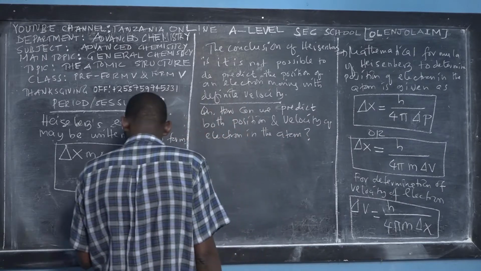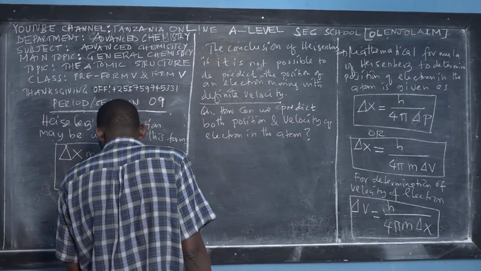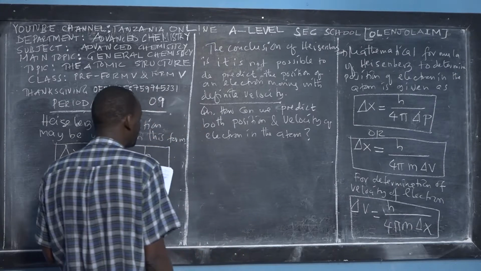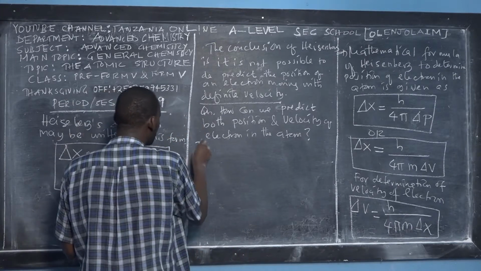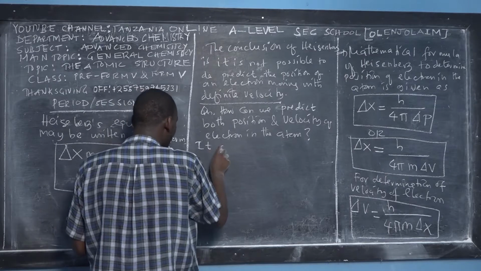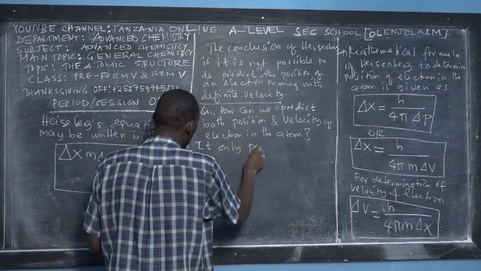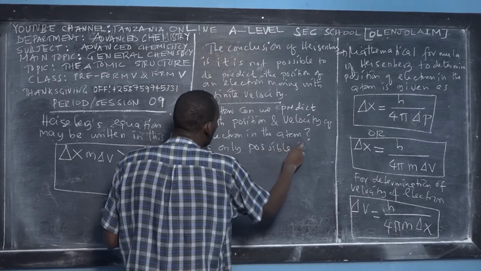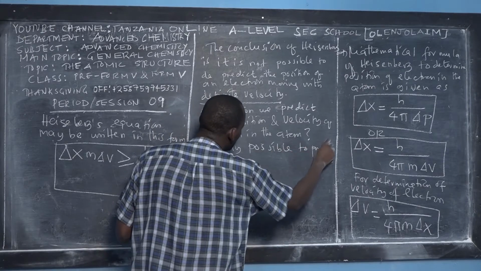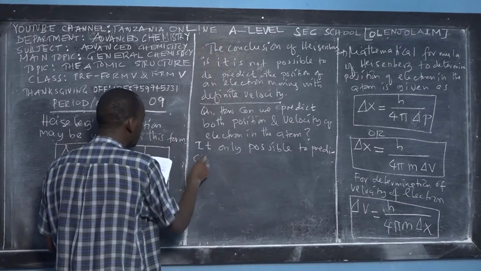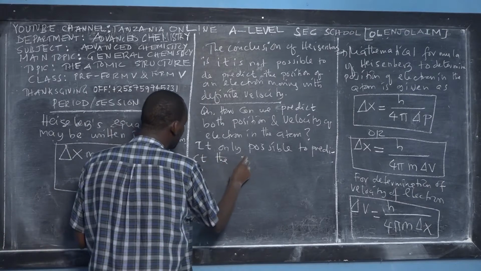Right? The answer is that it is only possible to predict the probability. Not the exact values, it's only possible to predict the probability